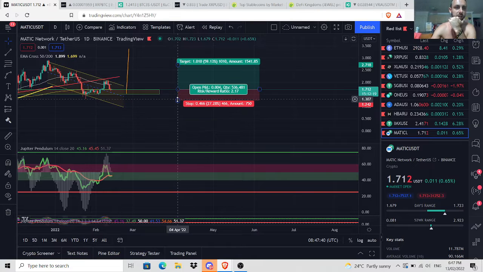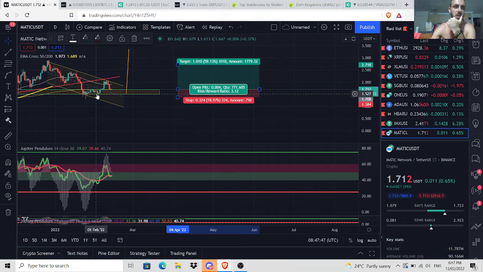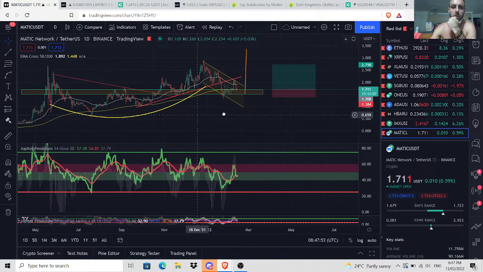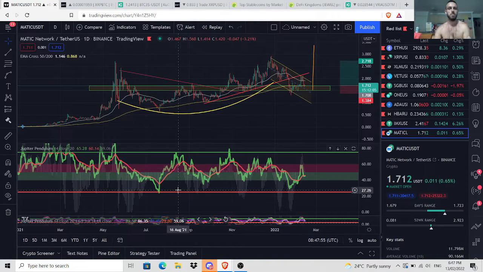And where we are right now, we can even have a tighter stop loss. Okay, because if we break these lows, then we're not looking good. Then it'll look like this bearishness will continue. It could, which is why the Jupiter pendulum measures the swings. If we tag green with bias, it's bullish. And we're looking for the pullbacks in the green zone because we're going to push up again.